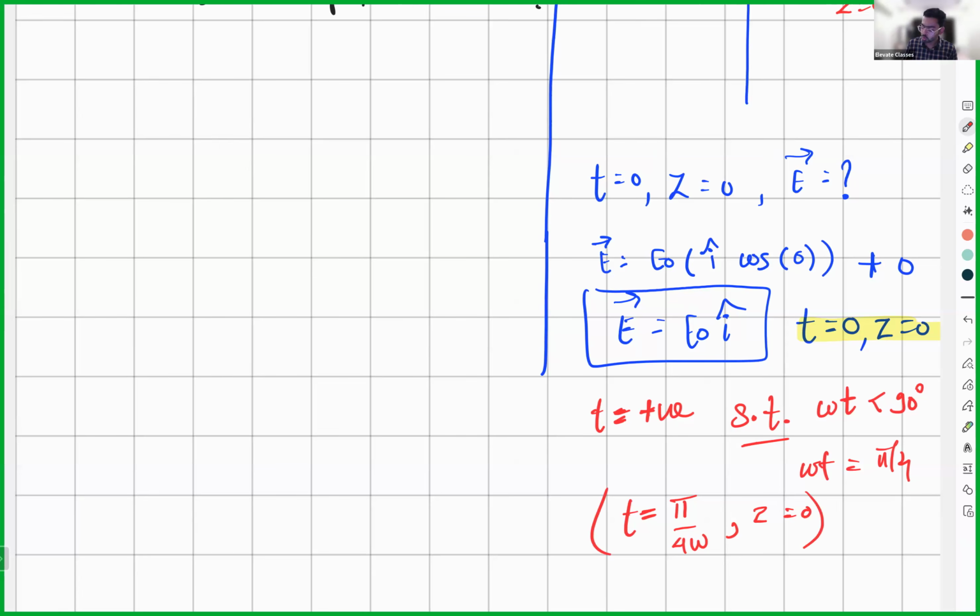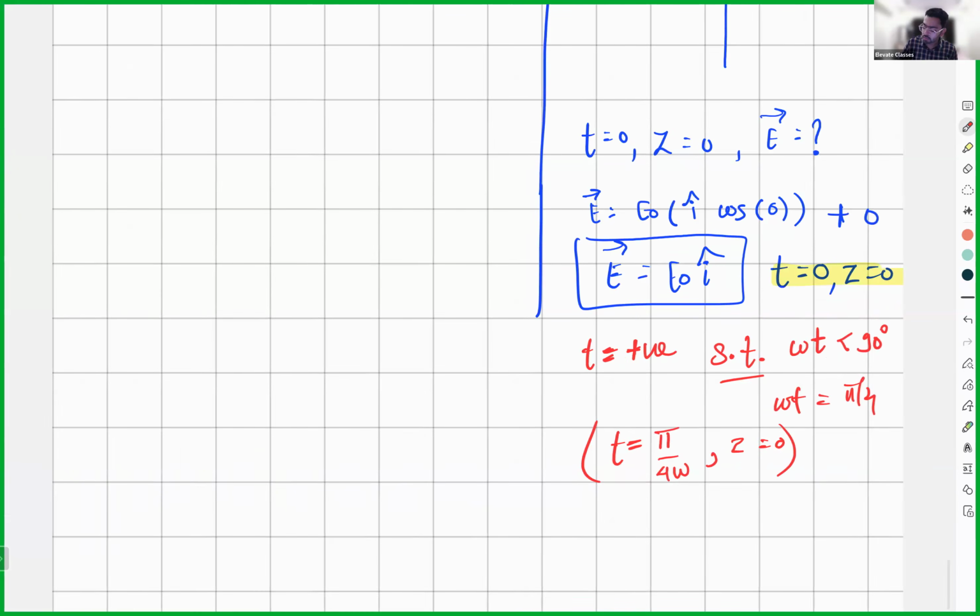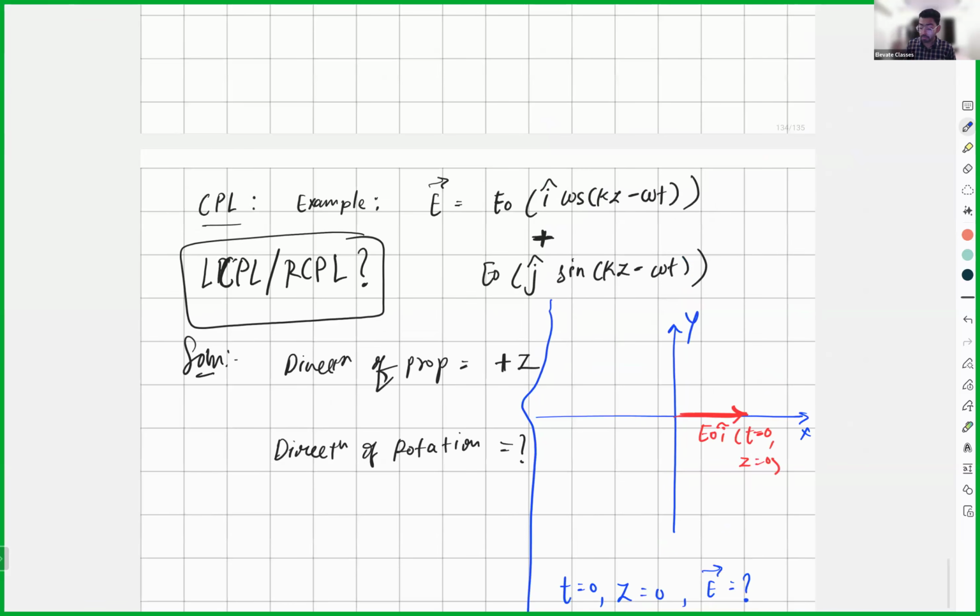This is case 2. And I again try to locate where my electric field vector is. So my electric field vector will be, again, I see the original expression, E naught i cap cos of minus